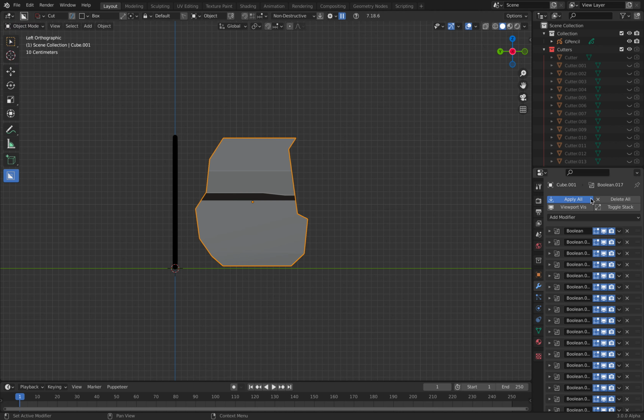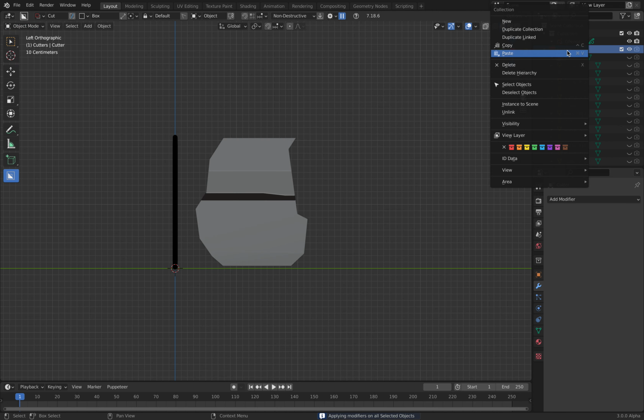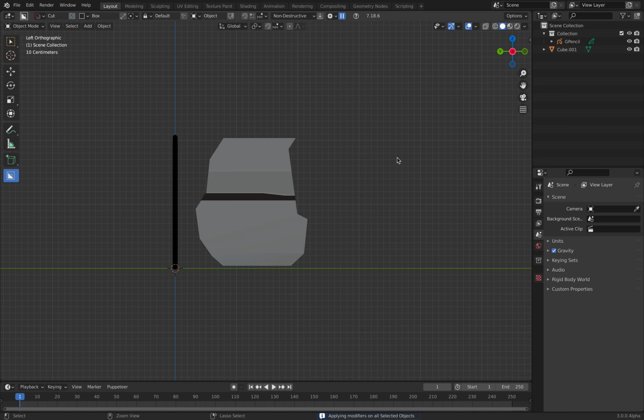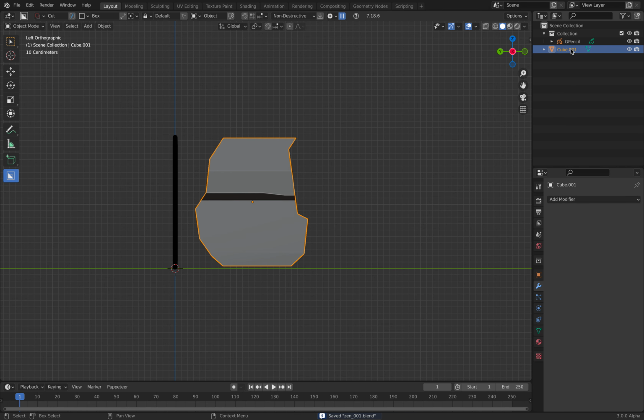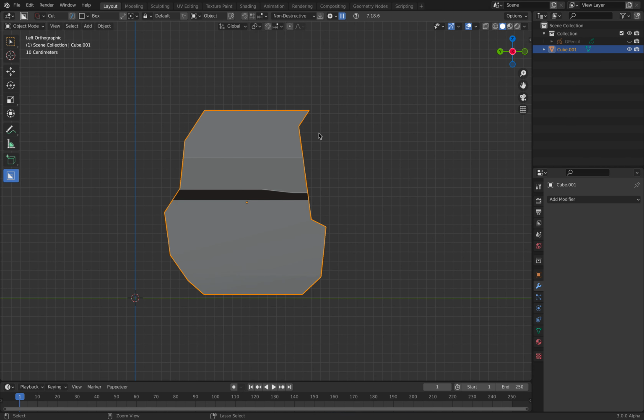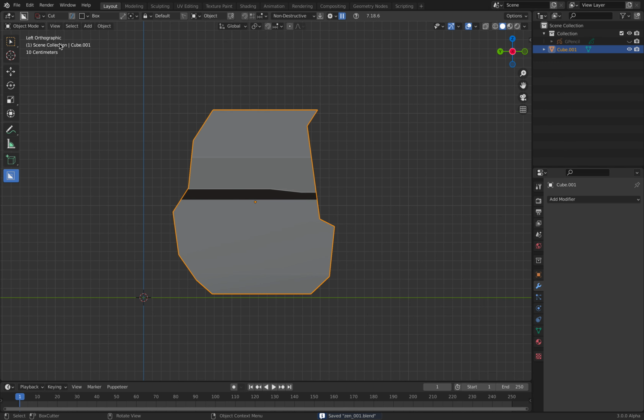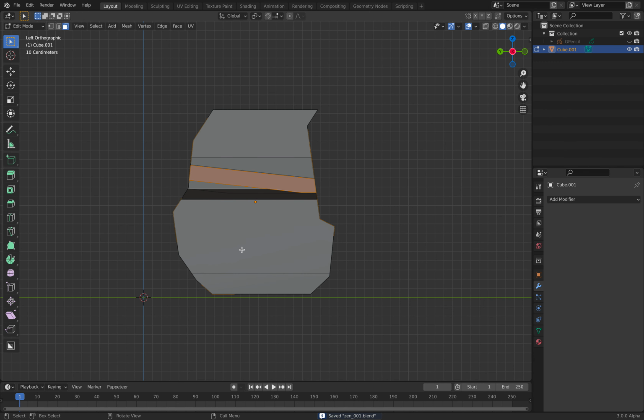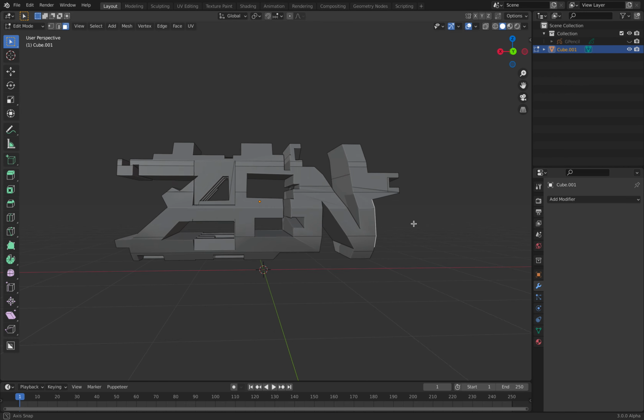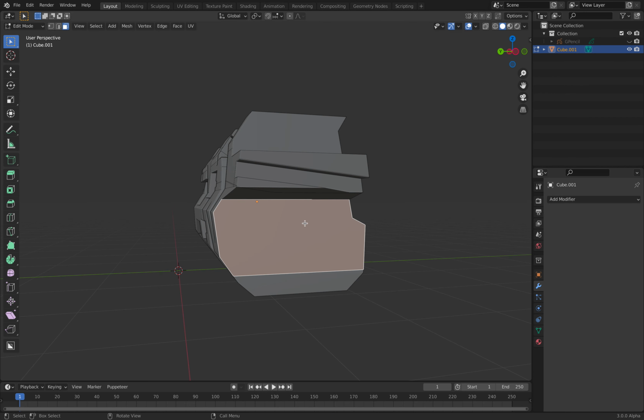let's try apply all, delete all these cutters. We end up with our default cube. This pencil can disappear now. Now we can go to edit mode. Let's see if I can still use GridModeler. Right click,